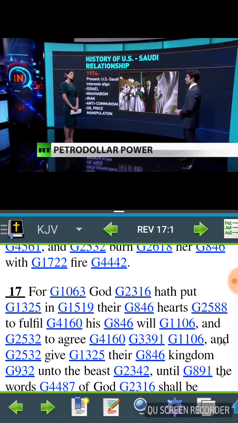And the reporter over at Russia Today, because most American media, you're not going to see anything like this. This reporter brought it all out, how the United States will fund terrorist groups. What they'll do is fund terrorist groups and put those groups in countries that oppose them in the Middle East, such as Iraq,